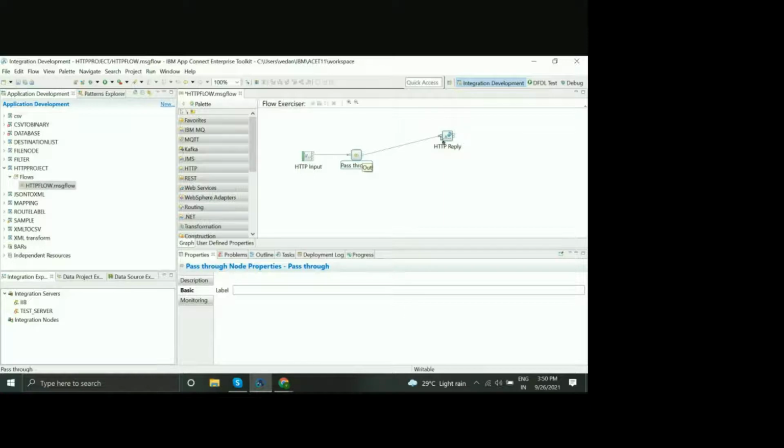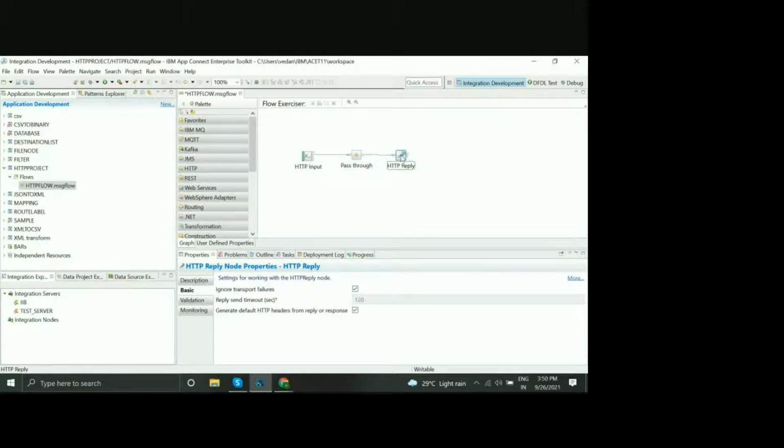Vishnu, this pass through node is just to avoid infinite loops, right? The data which flows through a pass through will be similar to the input that it received. Whatever input we provide to this node will be the same that we get as output. No modification or transformation is allowed in pass through.